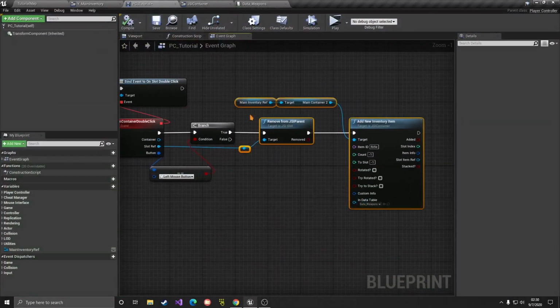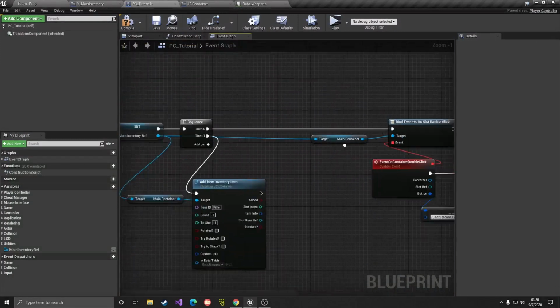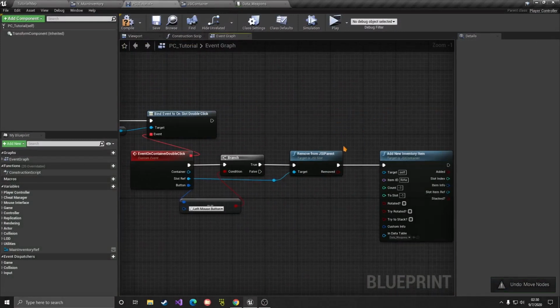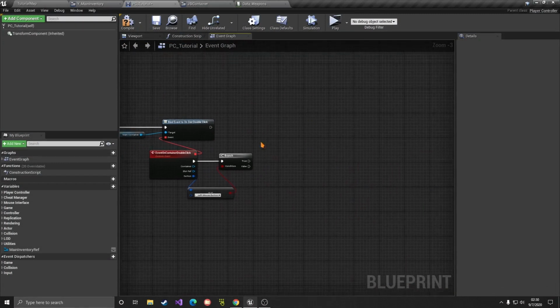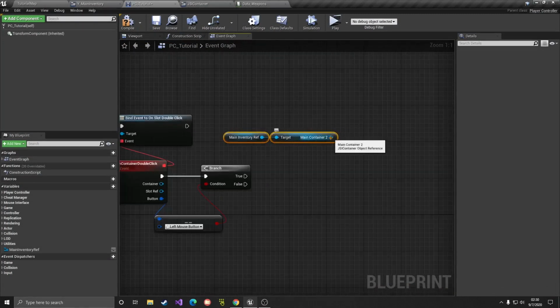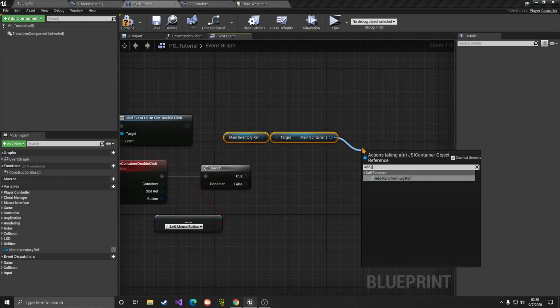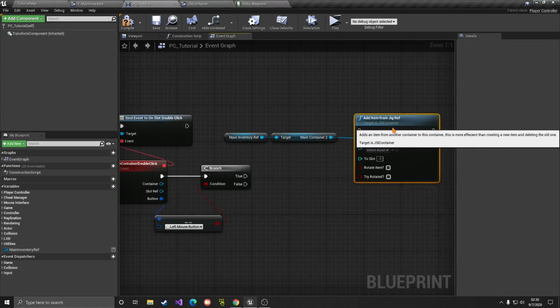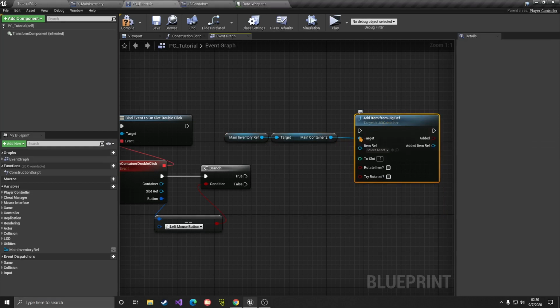So the way you want to do it here is, let me just go back here and do this. You want to use this container and do add item from reference. This is the node that you want to use. Add item from reference. So we want to add an item from this reference, meaning move this item from that container to this container. Of course,